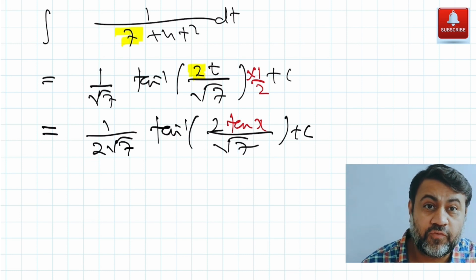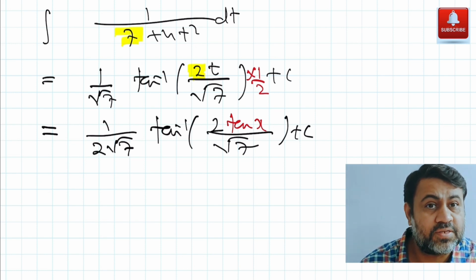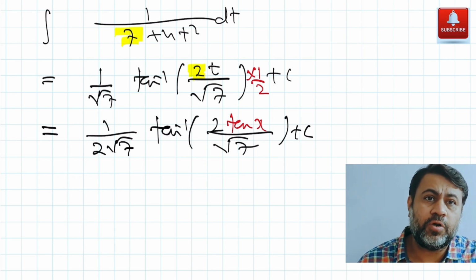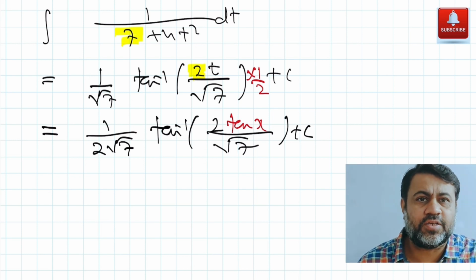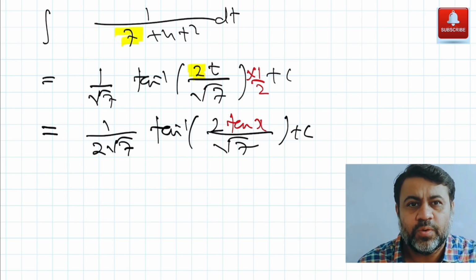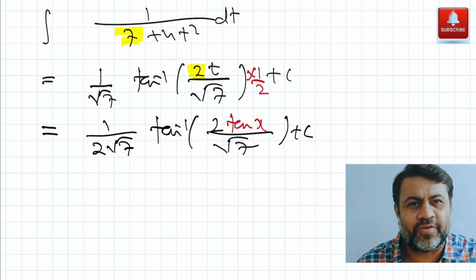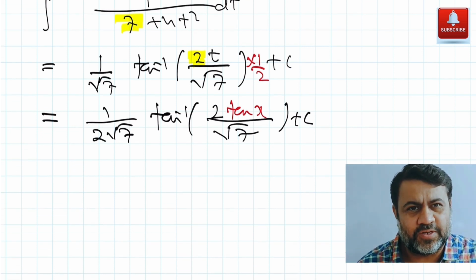Okay. So the first step, that is dividing by cos square x, was very important. The second important step was converting sec square x in the numerator to 1 plus tan square x, so that when we put tan x as t, sec square x and dx will get very easily converted to dt. Okay. So let's take a little bit more difficult question than this particular question.